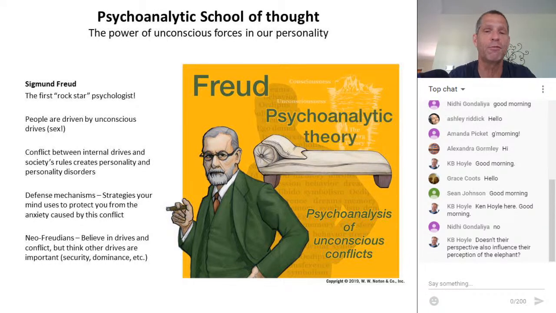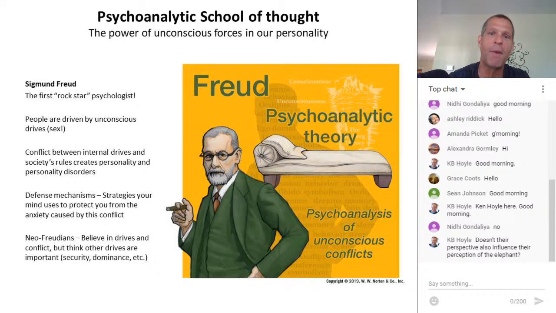Now, Sigmund Freud is probably the most famous of all psychologists, and it's not because he was the most important, but because he talked about sex. And everybody finds sex interesting. His early approach was the idea that human beings are just like animals, and we are driven by motivations and desires and instincts, if you will. The instinct to eat, the instinct to have sex, the instinct to run away from dangerous things. And he argued that on top of these instincts, we have evolved a mind and a society.